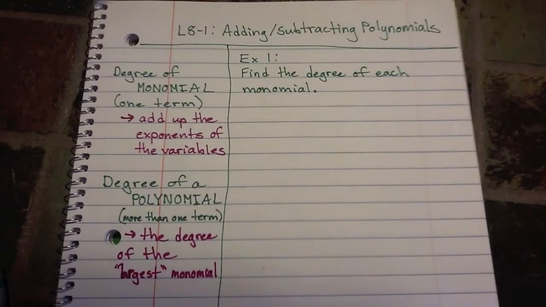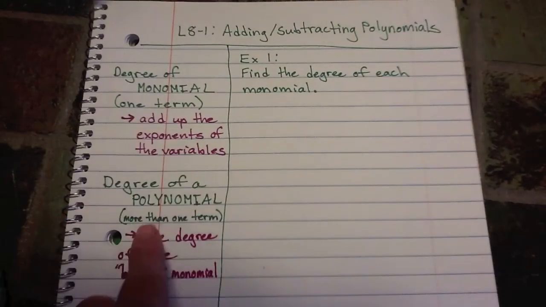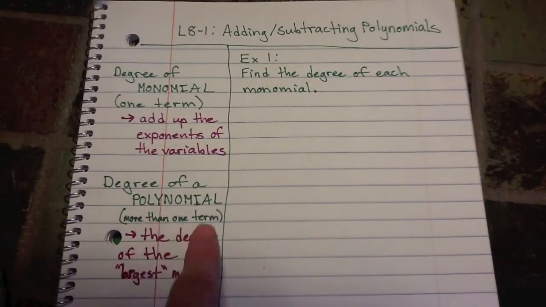In Chapter 8, we're going to start dealing a lot with polynomials. You've heard me use the term monomial and binomial a lot this year, and now you're going to start to hear even more terms that are similar to that. Just a quick reminder, a monomial means one term. A polynomial means more than one term, several terms together. And then there's special types of polynomials, like a binomial is two terms, trinomial is three terms, which we'll talk